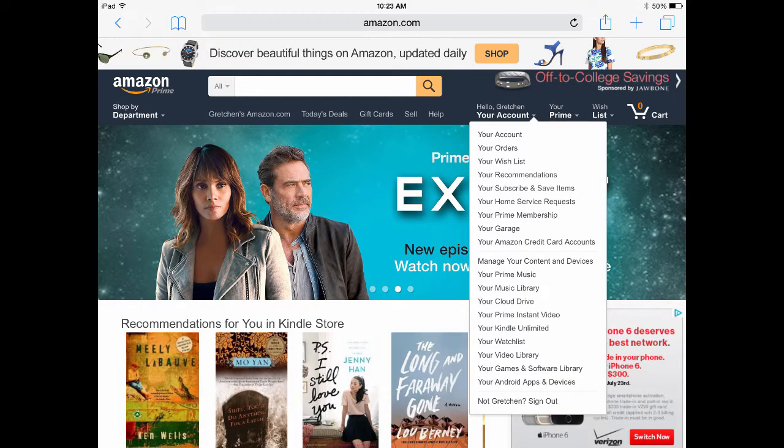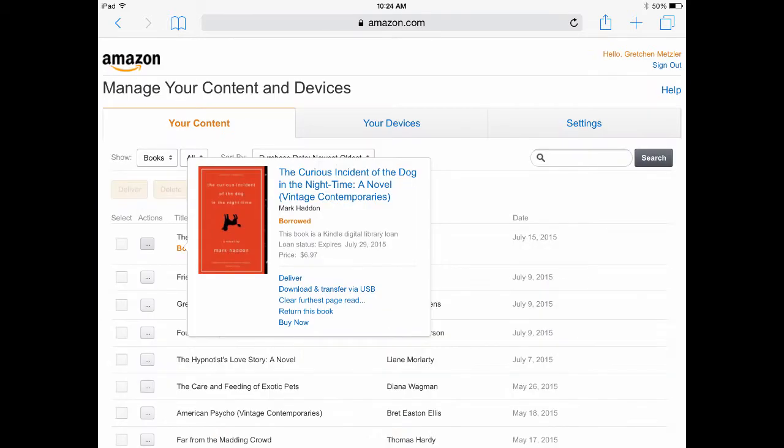For Amazon Kindle readers, things can get a little bit more complicated because you're going to actually have to return your book through Amazon.com, not through the OverDrive app. So the first thing you need to do is go to Amazon.com in any browser window and log in. Once you're logged in, go under your account menu and look for the Manage Your Content and Devices page. Once that opens up, you should see a list of your books. You can see that The Curious Incident of the Dog in the Nighttime is the first book that comes up in my